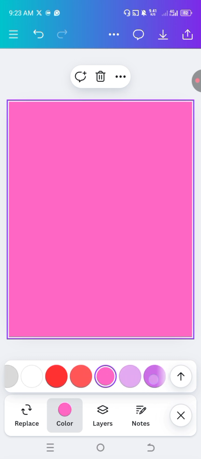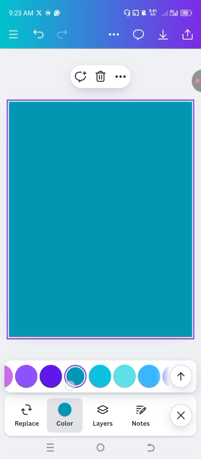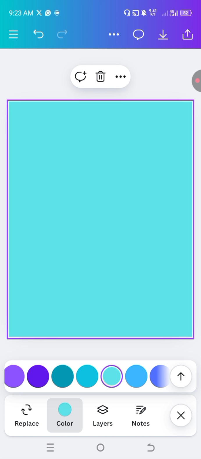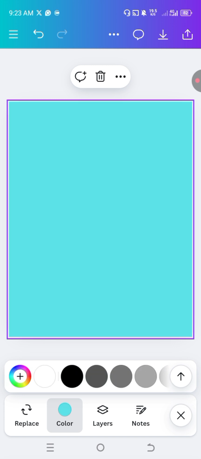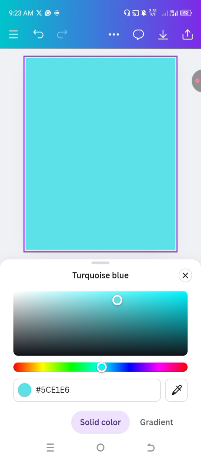You can see we have some default colors right here, but sometimes these colors might not be exactly what you want. So what you want to do is to scroll back and click on this tool, this plus tool that has this circle of different colors. Click on it, and then you'll be shown the full color chart where you can select your colors anyhow you want. So let's say I need